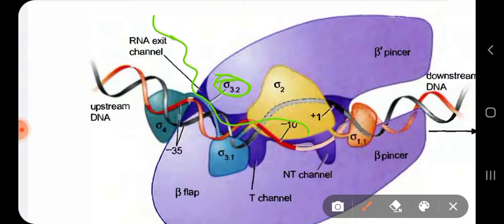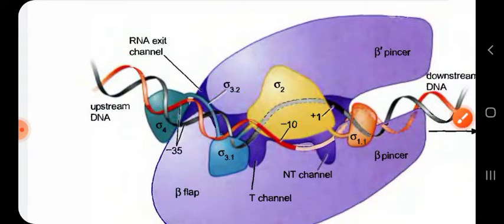In the same way, in the eukaryotic transcription process, because they don't have the sigma 3.2 region, what do they have? They have the N terminal region of TF2B. So the N terminal region of TF2B sits on that RNA exit channel, which has to be removed during the elongation process of transcription. Otherwise the fully mature RNA will not come out from that channel, and it will get displaced every time. Okay, so I hope you have understood what I have tried to say here.